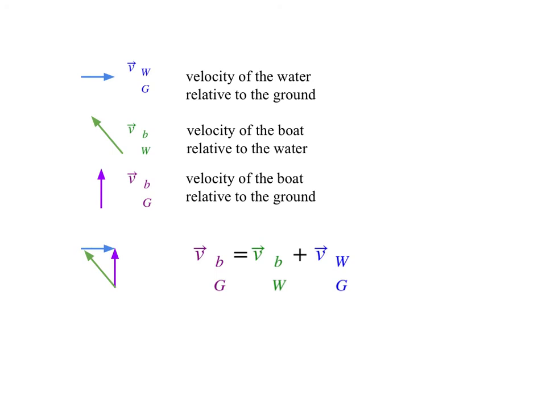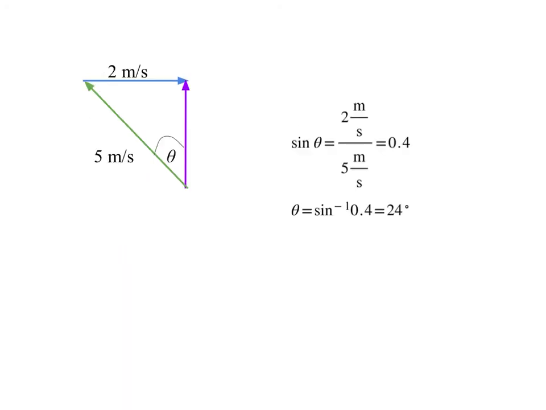Which means when we add these again, we have the velocity of the boat relative to the water plus the velocity of the water relative to the ground, contract the indices, and we get the boat relative to the ground. So if I take the boat going this way, but it's carried downstream this much, it has to give me this. And again, all of these numbers and angles have to arrange themselves so as to give me the functional right triangle that I have here. Then we can just put in our values.